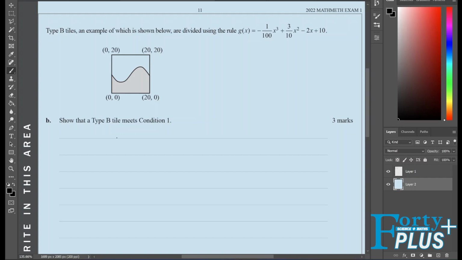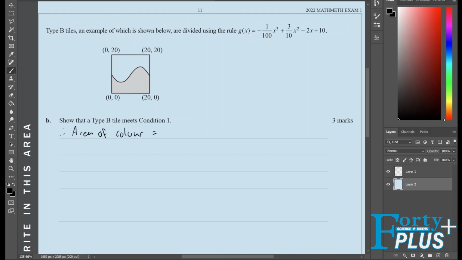Type B tiles, an example of which is shown below, are divided using the rule g of x equals negative 1 on 100 x cubed plus 3 on 10 x squared minus 2x plus 10. Part B, show that a type B tile meets condition 1. And condition 1 stated that each color has to cover half the front surface of a tile. So we'll say, therefore, area of